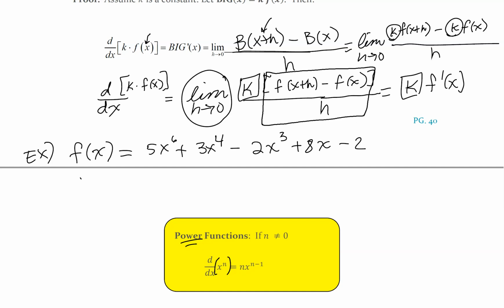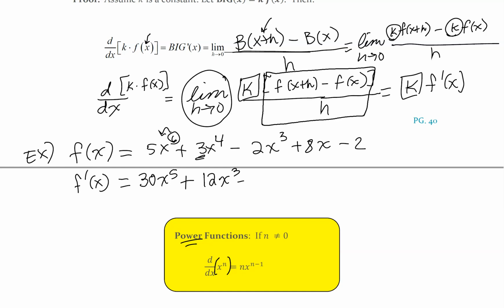Okay, at this point, since we just proved the power function rule, and we also have shown the constant multiple rule, we can just go ahead and apply those rules to say, hey, the derivative of f of x here as the polynomial is, bring the exponent down. So multiply by 5, that would be 30x to the 5th, plus 3 is a constant. The derivative of x to the 4th is 4x to the 3rd, multiplied by 3 there, so that would be 12x to the 3rd,